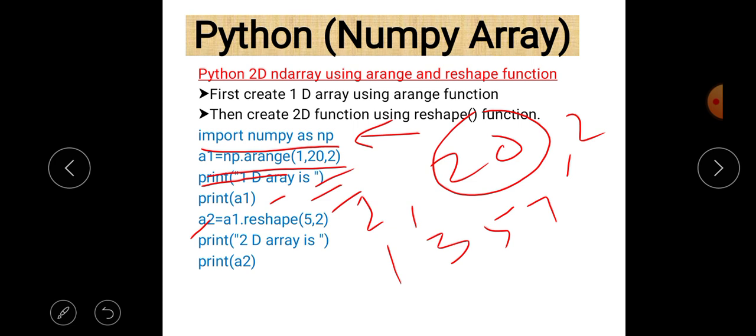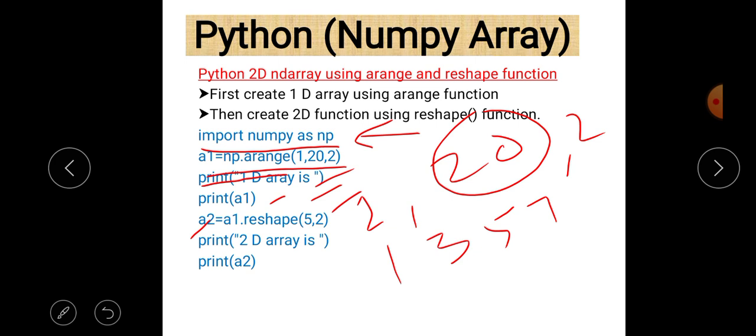Always remember that when we write row and column, first of all we have to write the row and then the column, in a matrix as well as in an array in programming. So just write the number of rows first and then the number of columns after putting a comma sign. So 5 comma 2 means 5 rows and 2 columns.